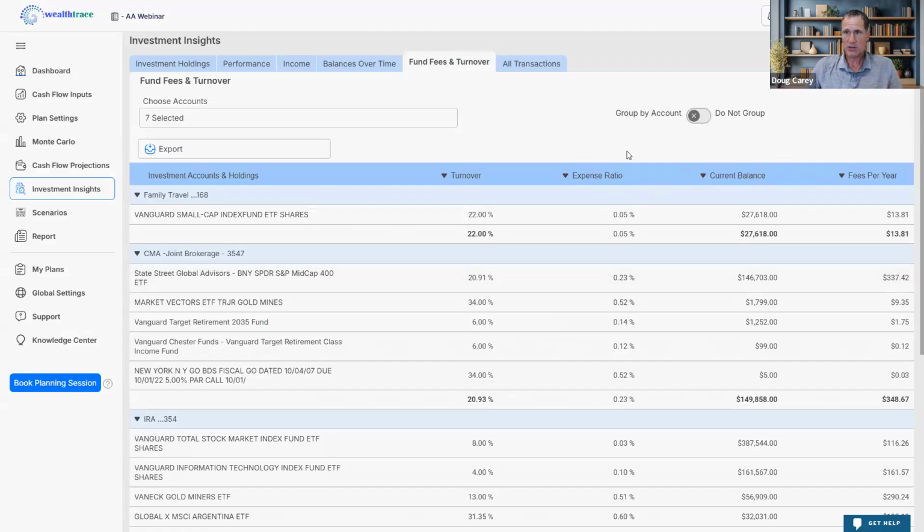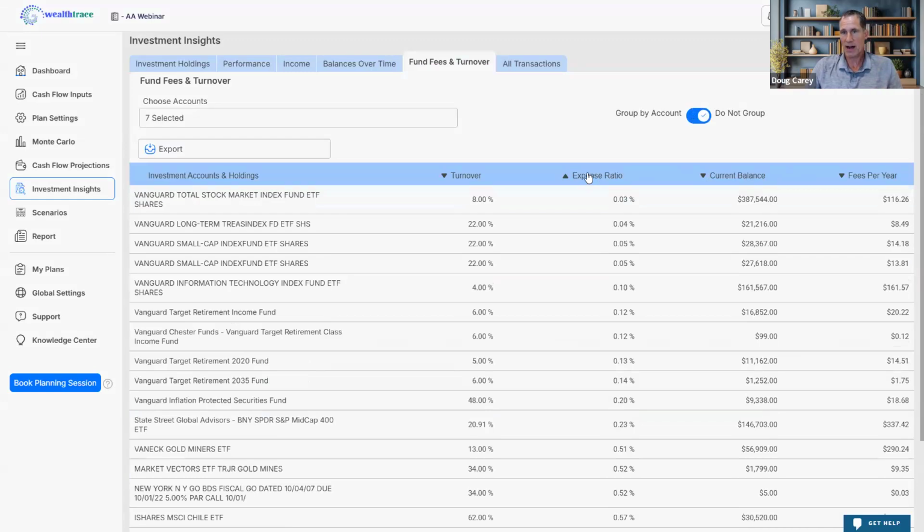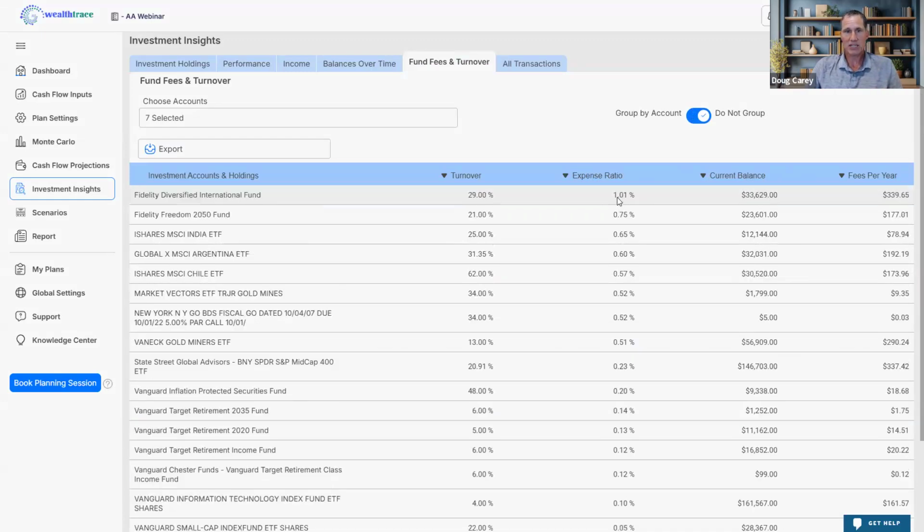And it's really nice because you can see, you might not know in an IRA, it might be hiding, oh my gosh, I'm paying 1% on this fund. I had no idea. Get me out of it. There's an index fund that's 0.1%, right? So I love this screen too. And I don't know if it's used enough, but boy, can you save a lot of